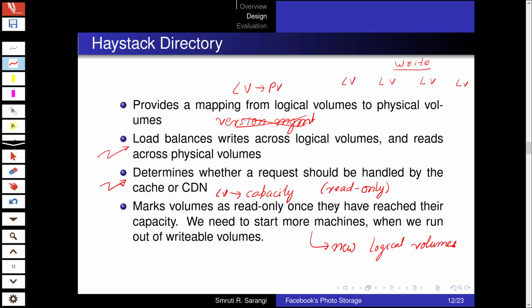So this means that to create more of these writable volumes to write new photographs, we need to start more machines. This means that Facebook's data center has to continuously expand, has to grow.